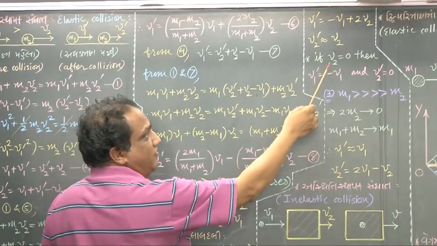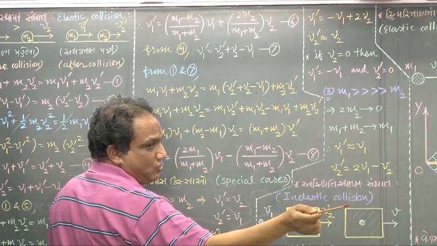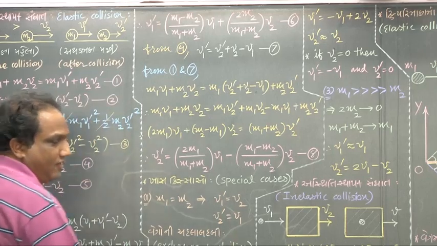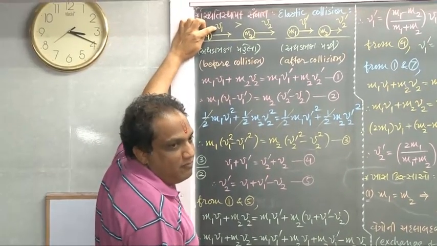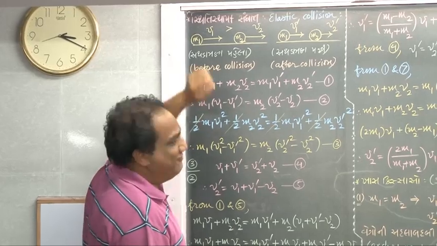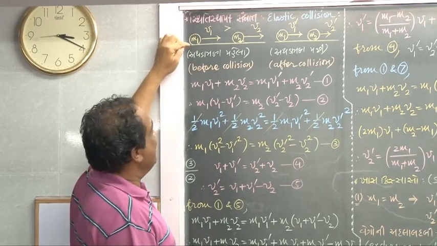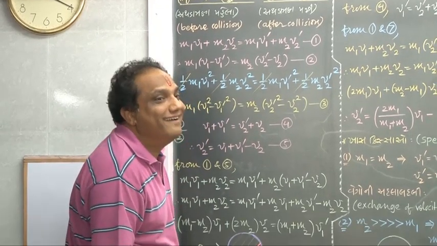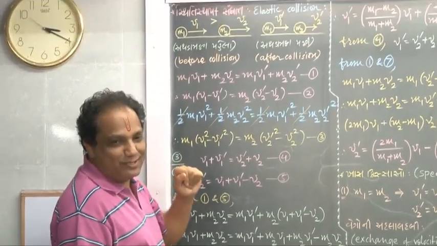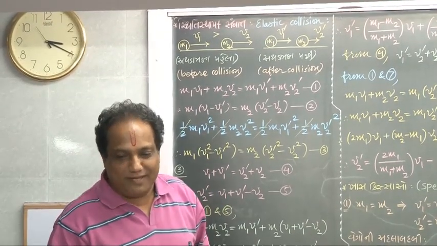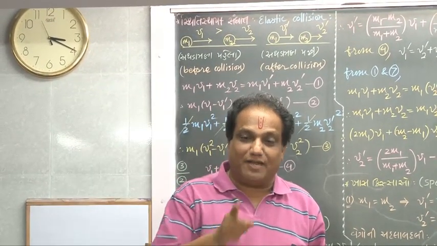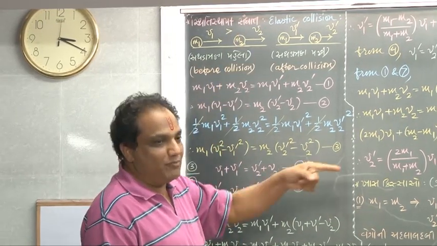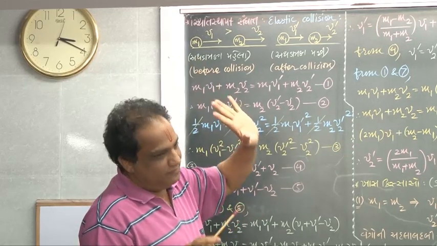Now the way you took V2 equal to 0, please don't take V1 equal to 0 here. If you take V1 equal to 0, tell me who will collide with this? V1 equal to 0 means this body is at rest. If the chasing body is at rest, then who will collide with this? So you cannot take V1 equal to 0. In any case V1 has to be greater than V2. Then only the first body, while chasing, can collide with the second body which is leading ahead. Simple.